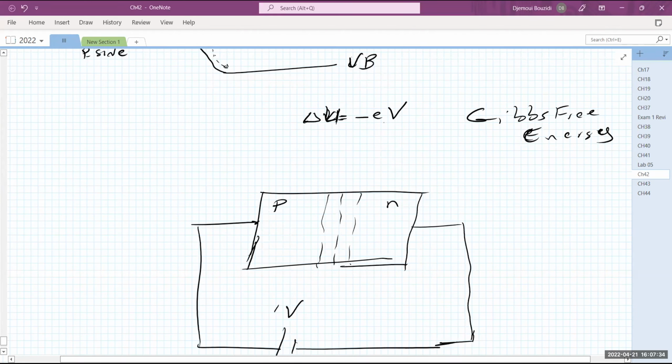Each electron will be subject to that. But at a given temperature, the new recombination rate is going to be proportional to a factor given by exponential of minus delta U divided by k_B T. In other words, this is the increase in recombination